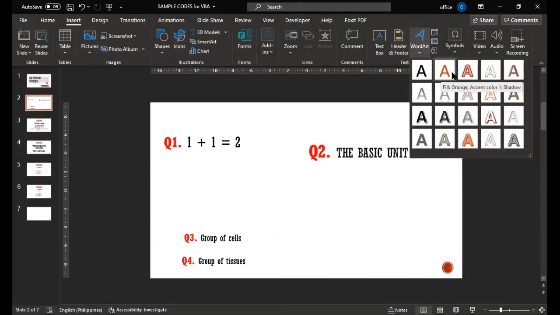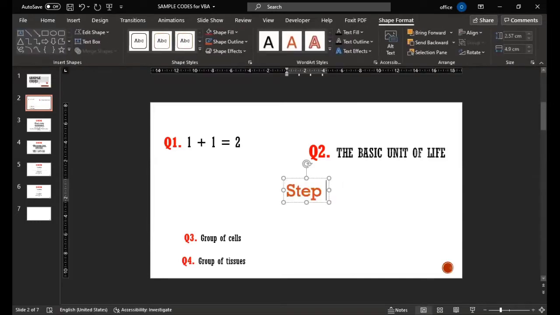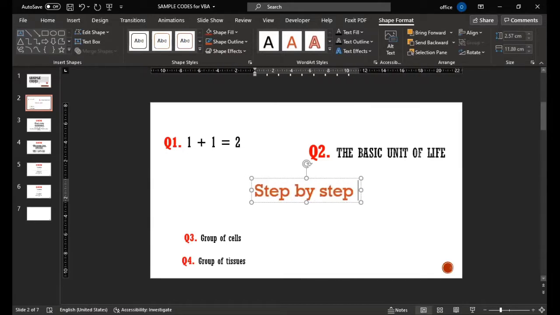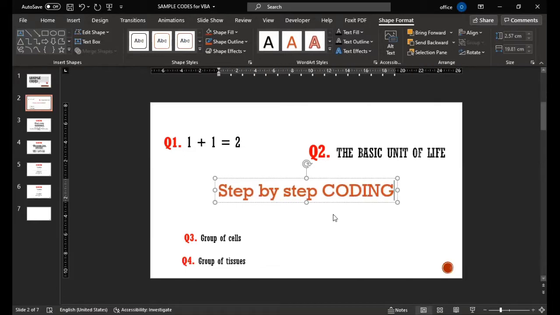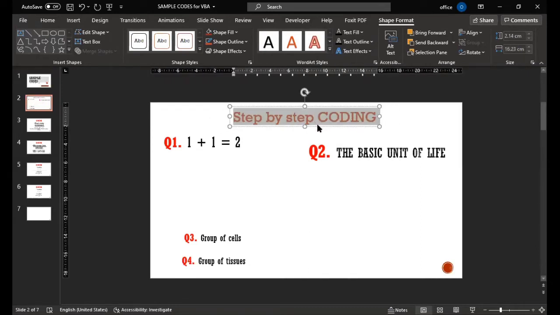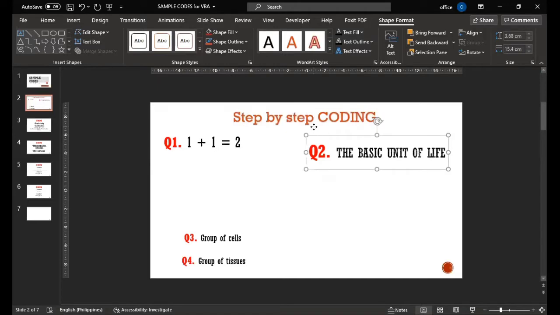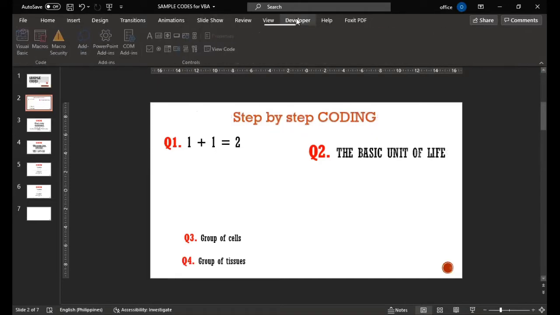So today, this topic is all about my step-by-step process on how you put your codes inside your VBA so that you will have your interactive learning materials. Okay, so let's start. So as you can see here, we have 3 questions, and let's go to the developer